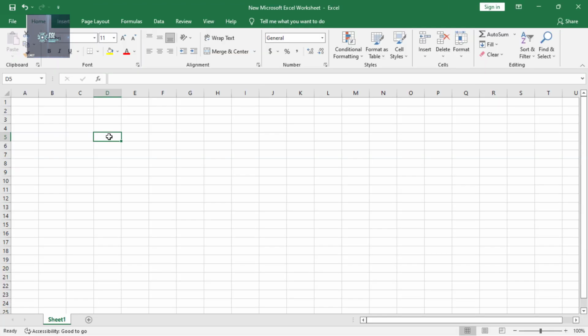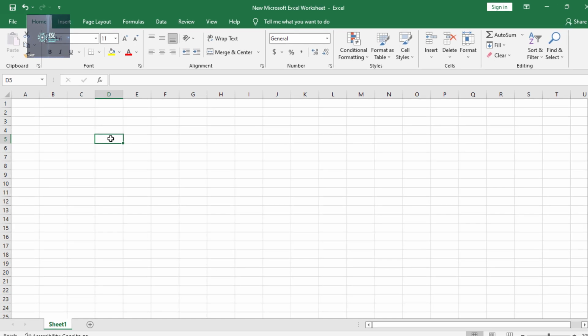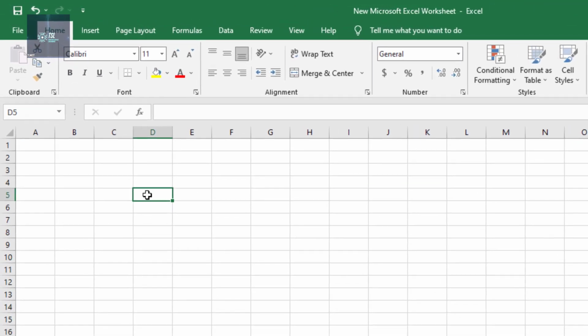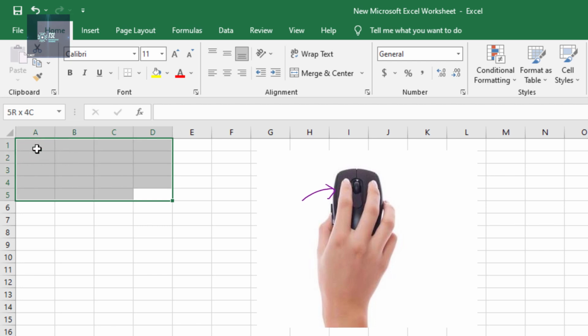Okay, let's see how we can navigate in the Excel worksheet. Place your mouse pointer over cell D5 and click. Check to make sure column letter D and row number 5 are highlighted. Move your mouse pointer to A1.